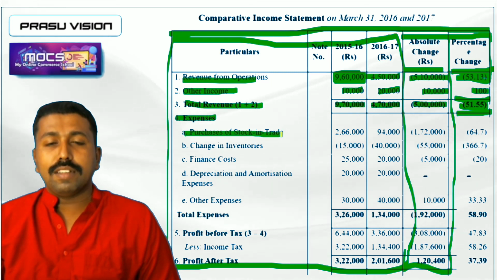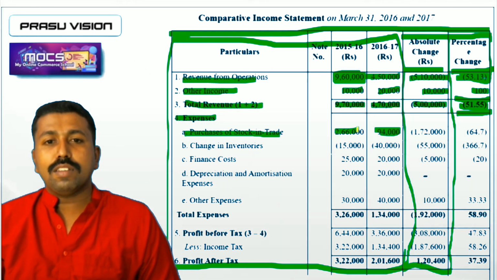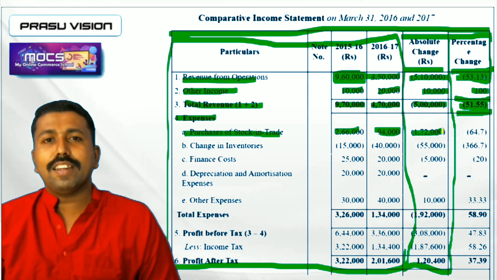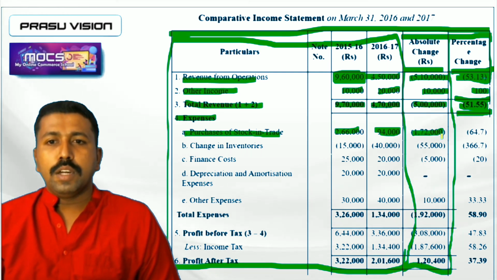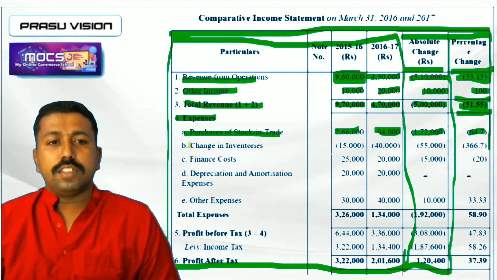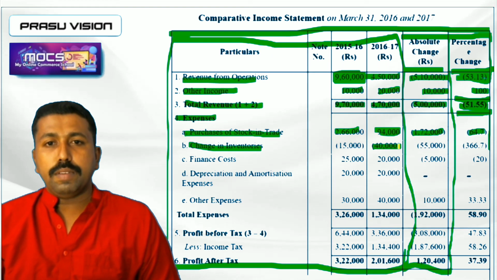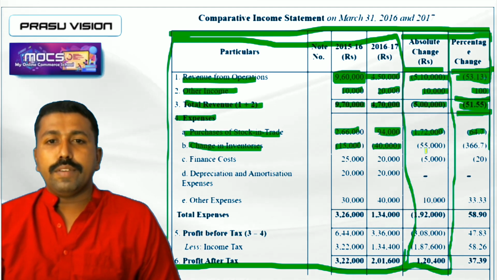Purchase of stock in trade is there. 94,000 is the current year value. Previous year it is 2,66,000. The difference is a negative figure, 1,72,000. Percentage change is 64.7. And change in inventory, negative 48,000 in the current year. Previous year also negative 15,000. Difference, it is